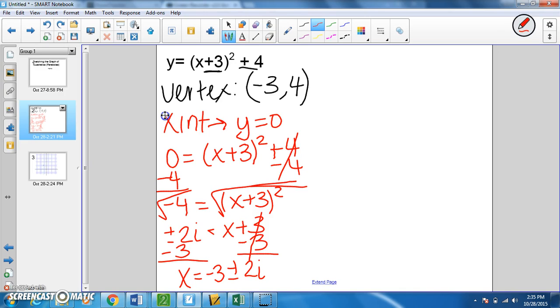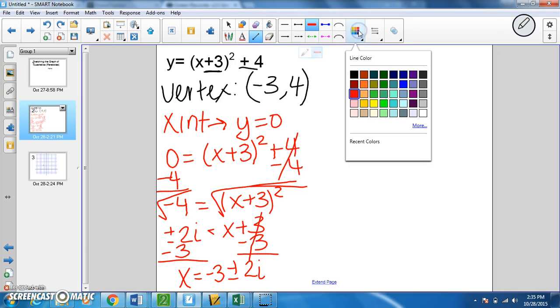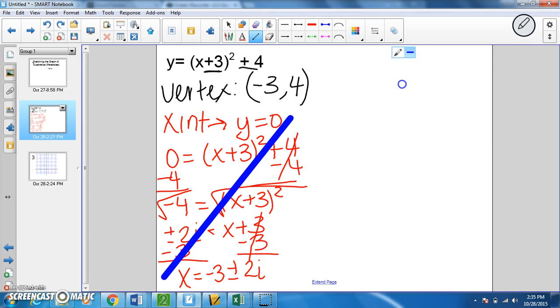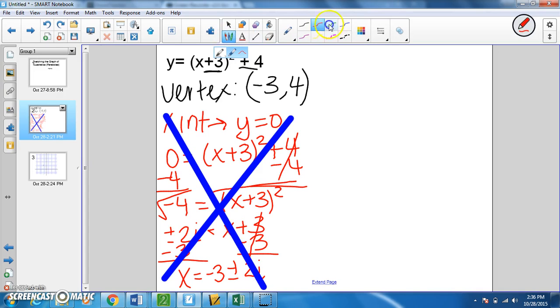Since we have i in our solution, we know that this is an imaginary number, and imaginary numbers do not appear on our number line. So we cannot graph our x-intercepts. That's okay. This information is not useful to us, but we just move on and find our y-intercept, which